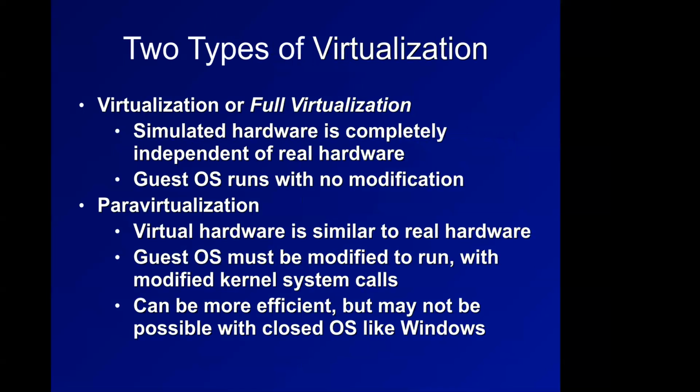Full virtualization is where you simulate all the hardware. So you have a real processor and a real network card and a real hard drive, and then you simulate a different network card, hard drive, and everything. So the virtual machine sees completely illusory hardware. This is how you could run Windows on Linux or Windows in a VM on the Mac. The Windows sees hardware with Windows drivers that is all simulated,